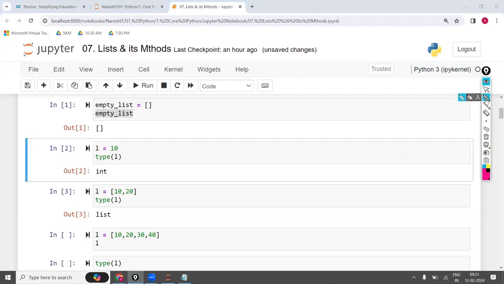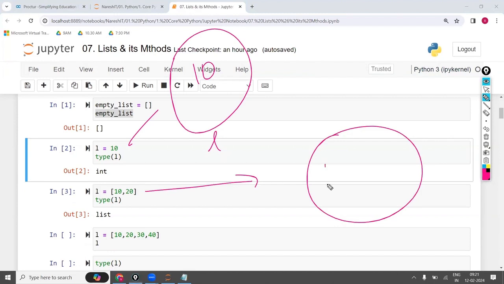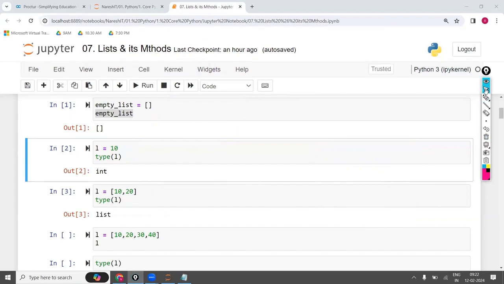So what happened here in this case, it is creating one object 10 and it is going to give the name L. What happens in this case? It will create one object by giving the square box inside with 10, 20 and L. The list object was designed like this. This room was designed like that to store each and every value in one box, where it will have the index numbers. For each box, one index number is there. So one value will be stored in one box like this.